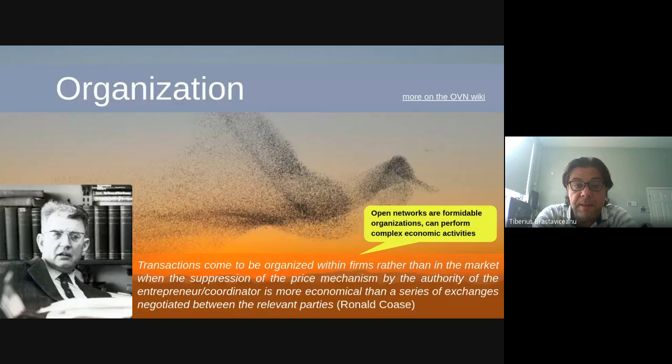So we're in the context of the peer-to-peer economy, and what digital technology also does is that it allows the existence of new types of organizations. These organizations are essentially open networks. If I go back to the same example, Bitcoin is an organization, and it's not a traditional organization, but it's an open network. In our language, we call that an open value network. So these networks now can exist because of this digital information technology.